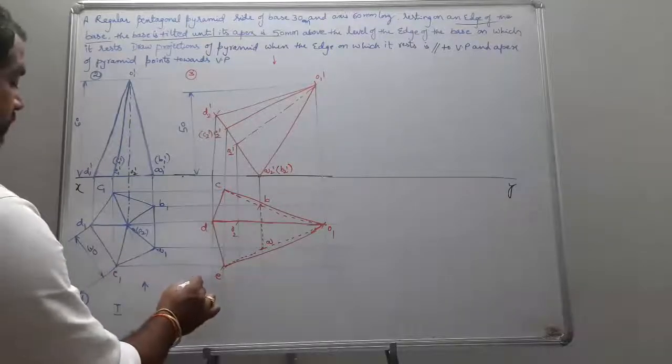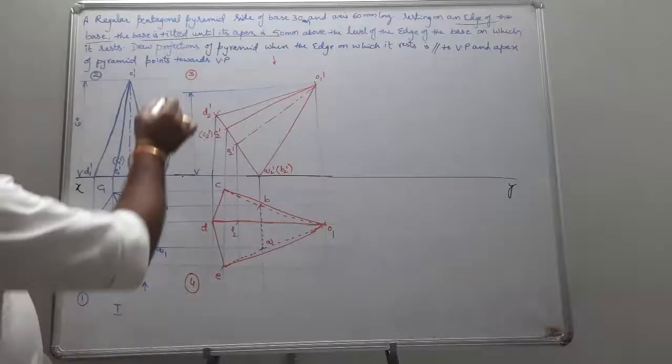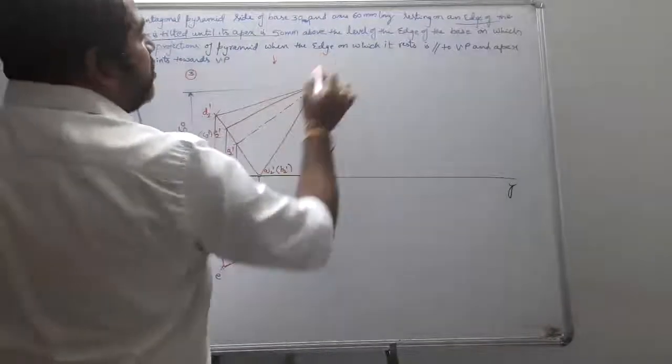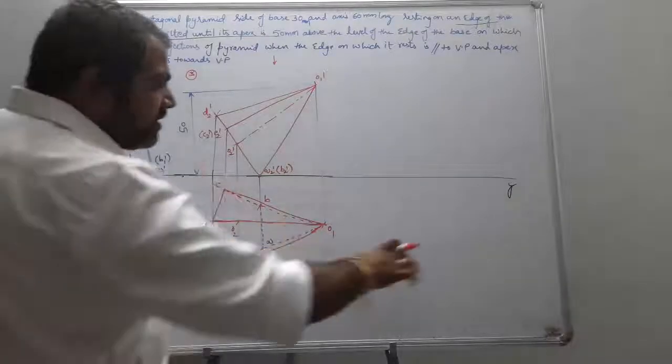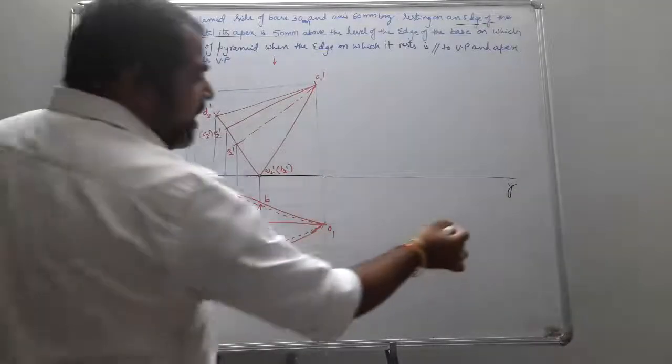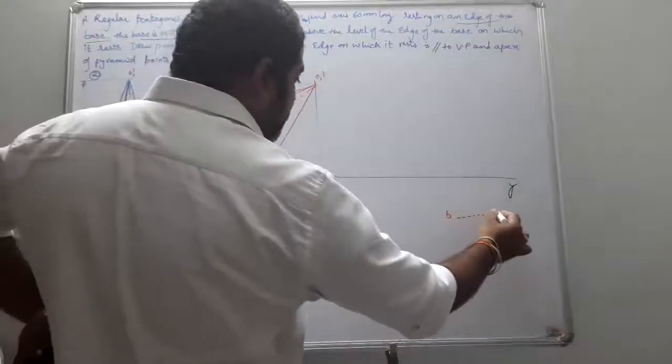This becomes your fourth series. Next series, draw the projection of the pyramid when the edge on which it rests is parallel to VP. That means you just reconstruct the figure in such a way that BA becomes parallel. So BA is going to become like this. This is B, A,